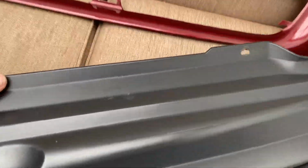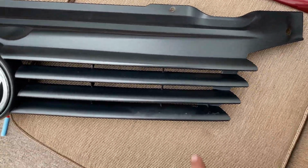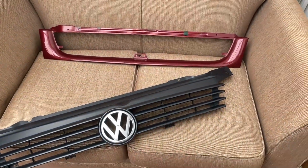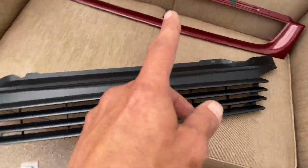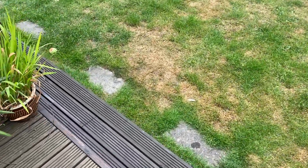Let me just put this around the right way. But yeah, it just looks really terrible where that badge used to be. So I wanted to keep it without the badge, but it looks like I'm going to have to put the TDI badge back on. Right, so that's that done. And now if we go around,